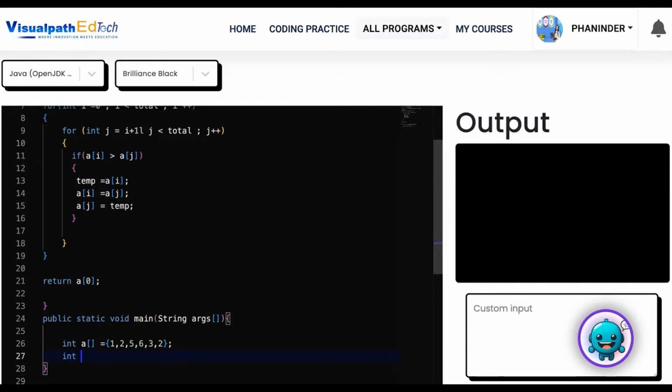We can define one more array, int b is equal to bigger numbers like 44, 66, 99, 77, 34, 24, 55. Then System.out.println will just print smallest, plus